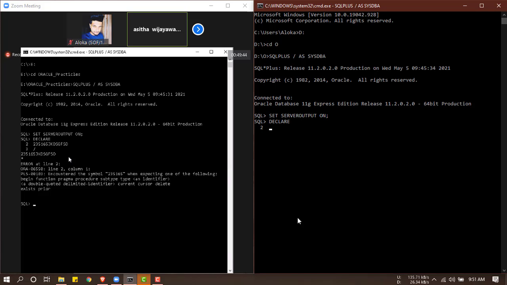Again, it displays the SQL prompt. Then you have to type from the beginning. But to save time, if you are asked to do your work under this type of environment, the best thing is first to type in a notepad file and save it, right? Then you can take a copy and